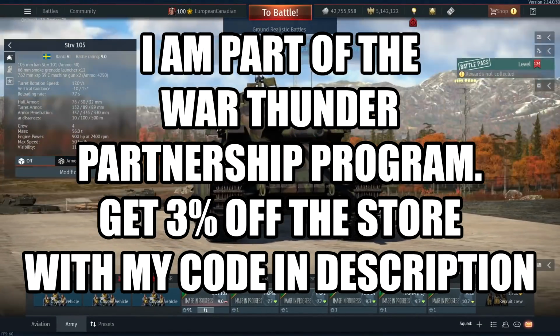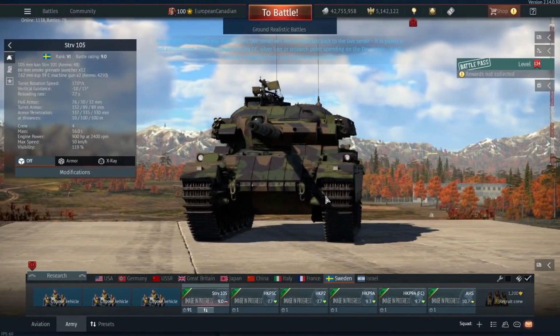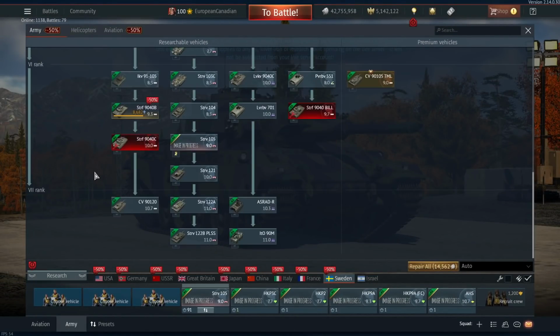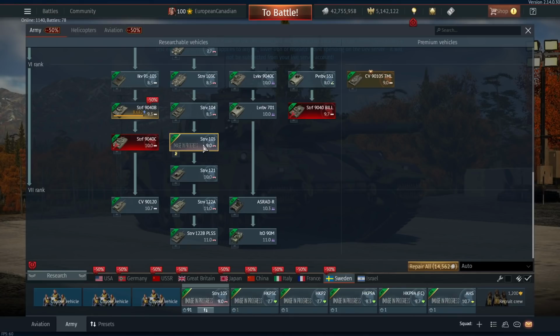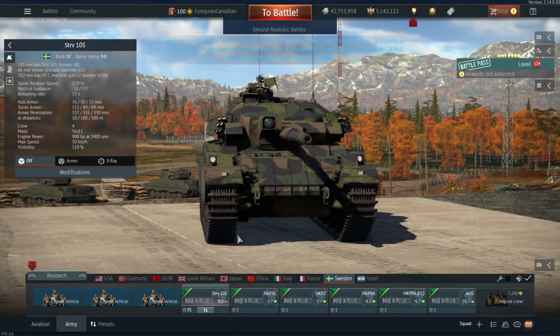Today we're back on the update dev server and it's time to have a look at the Strv 105. This vehicle is a new Centurion which is coming to the Swedish tree in the next major update. When it's coming in, it'll be rank 6 and at the moment battle rating 9.0, and you might think that's pretty high for a Centurion, but you'll see once you see some of the things that it has actually access